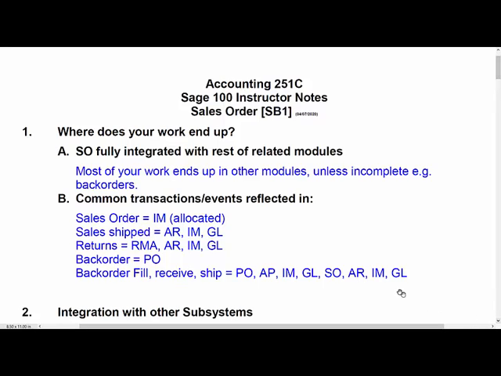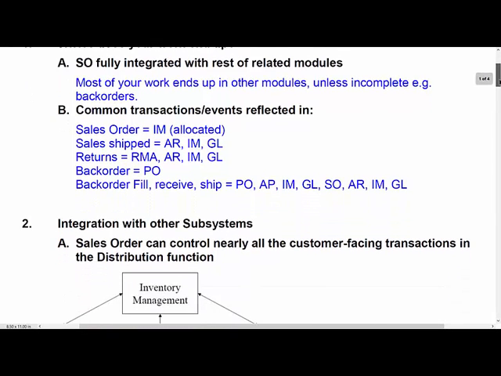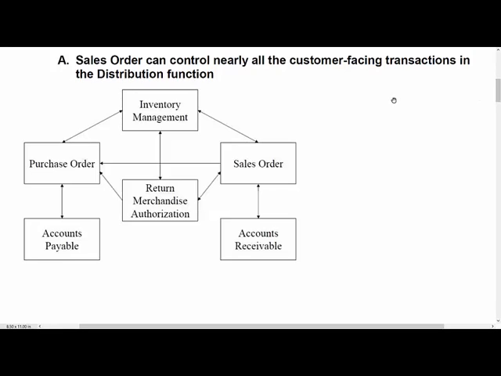So you should, in your mind, try and think like when the sale is shipped, what accounts would actually be involved here? What would be getting debited? What would be getting credited? And similarly, in a case of a return, what would be getting debited and credited? And when we actually receive items through a purchase order that gets generated, think about what that impacts also in the general ledger. So sales order really pretty much takes care of a lot of the customer-facing transactions in distribution,